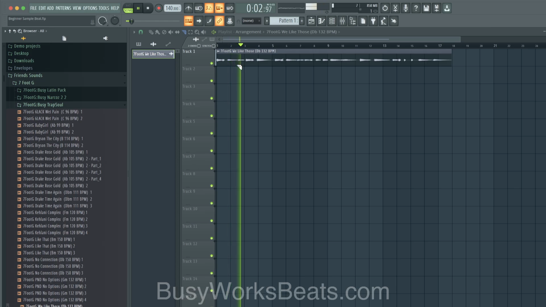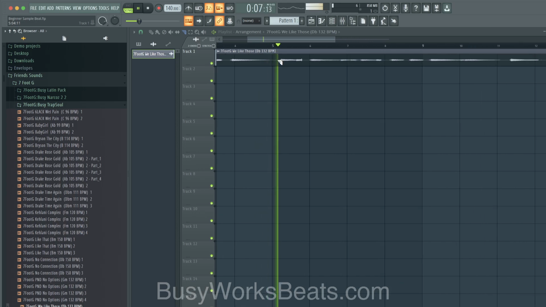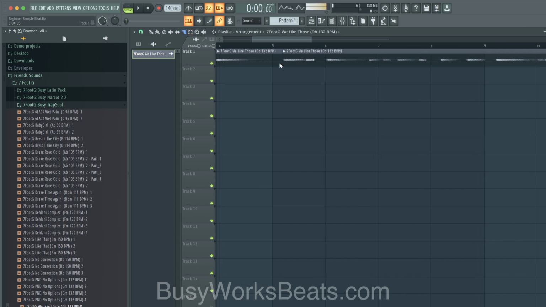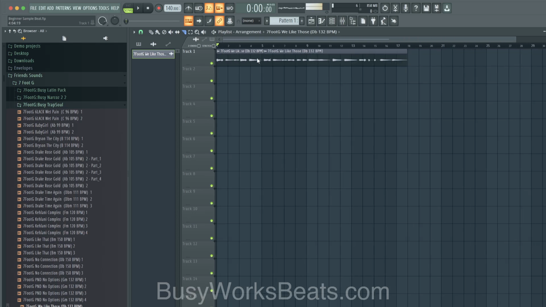2, 2, 3. So now we need to count. 3, 4, 4, 2, 3, and so now I'm going to make a vertical chop. Just hit Shift Alt, grab your slice tool, Shift Alt, left click, and slice right at the beginning of that next sound. Okay, so that's considered one measurement.